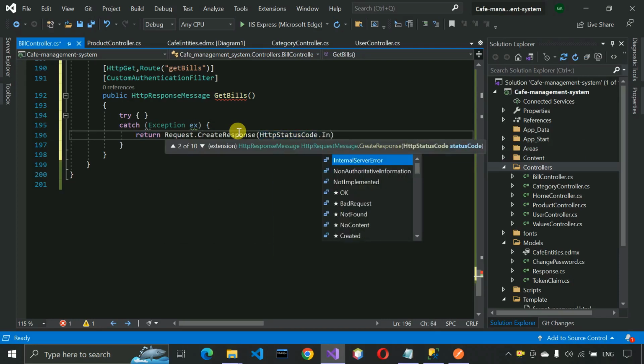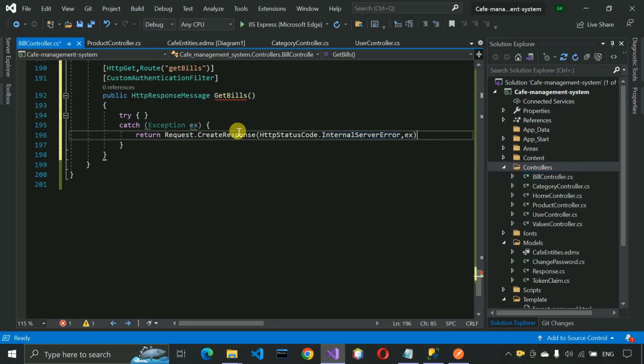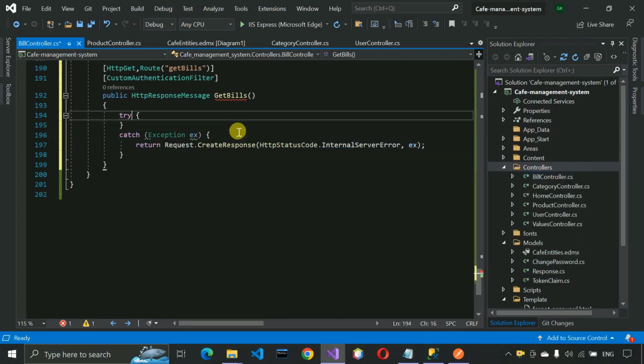Then we have to send the internal server error, and after that